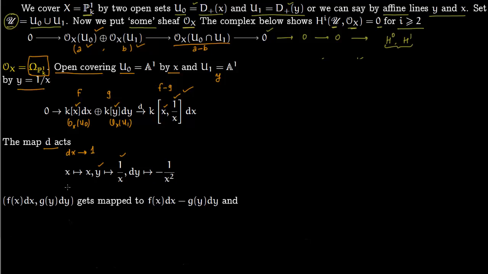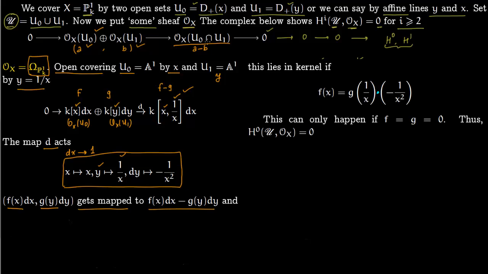So this is all our map. So, standard differentiation. Now you take these functions f and g. So you have f dx and g dy here. This will get mapped to f minus g right here, as you have here. Now the first thing we want to discuss is the kernel of the map. So obviously we want to talk about two things: the kernel of D and the image of D.